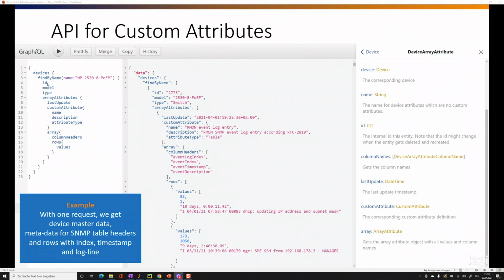So we want to get the device master data, so the ID, the model, the type. We want to get the custom attributes as a table. In this case, a header, so the name, the description, and the attribute type of this header. And we want to get the values, the rows with their values. So you see, if we fire that up, in the middle pane